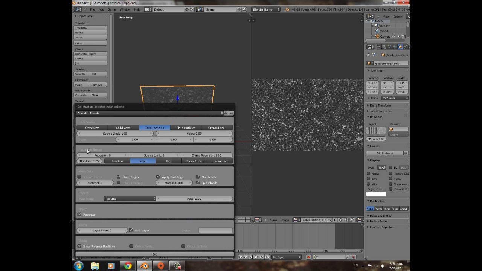Yep, and then press cell fracture, own vertices and child vertices, turn that up to probably not past two, yeah, something like that. You can turn it up higher if you want, but it just ends up with more pieces and looks a bit messy. Sometimes it does take a few times to get it right though. Turn that noise up to 1, random up a bit, random on there, and no margin. Then click OK, and it will build lots of chunks for you,